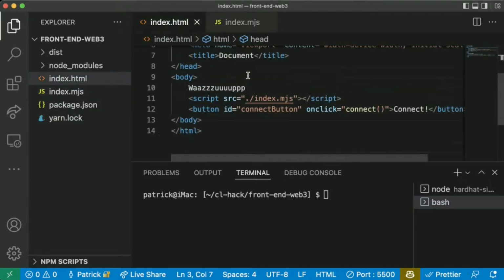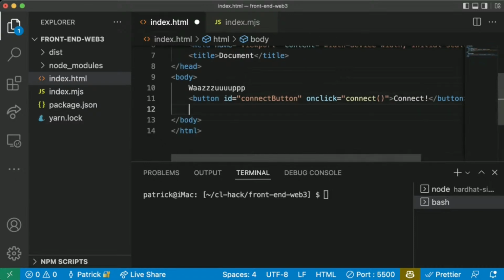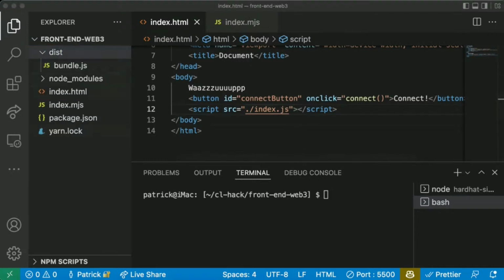So what we're going to do, instead of pointing to index.js, we're going to point to this dist folder where we bundleified it.